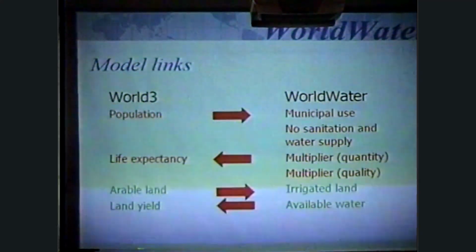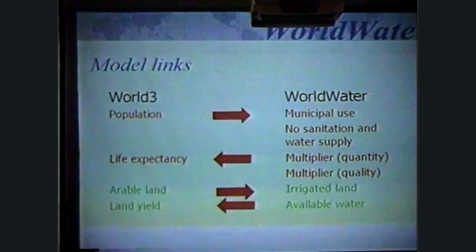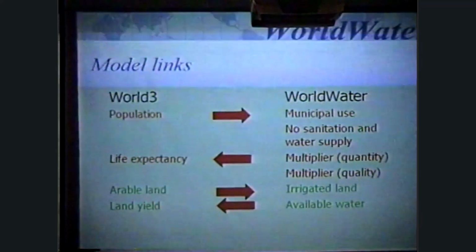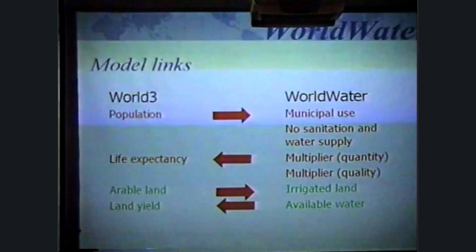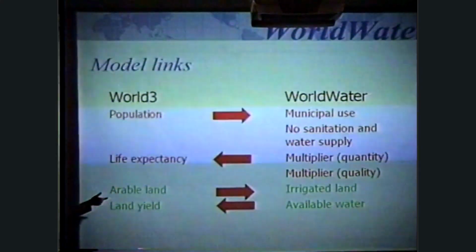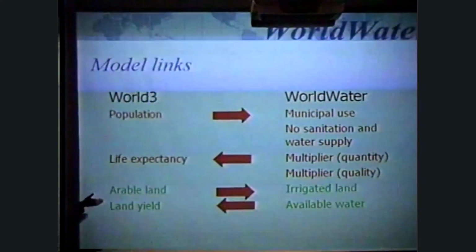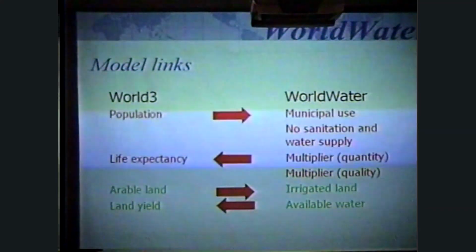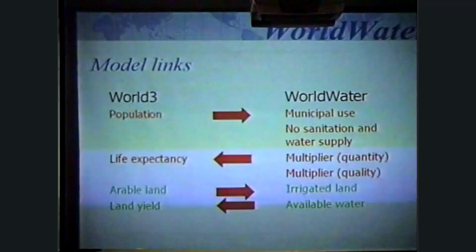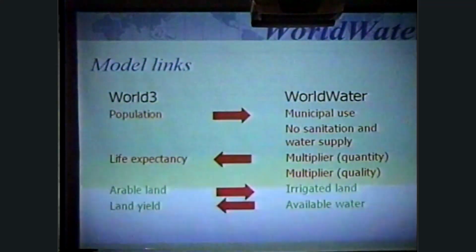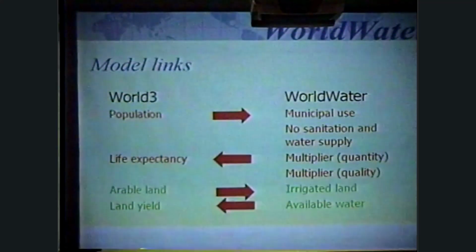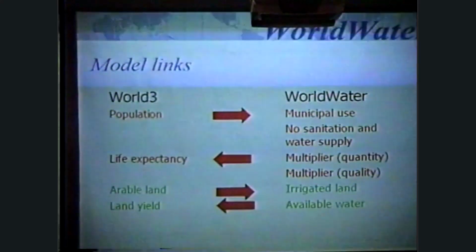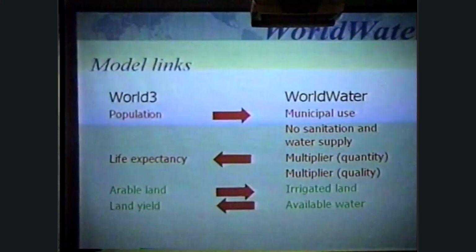The relationships, or simply links, between different sectors of the World 3 model and the modified World Water model, where the data on the population and the principles of the population growth sector were used in correctly estimating the necessary demand for the municipal use, or the impact of the level of the municipal use on the life expectancy is fed back into the population model to affect the calculation of the population growth and so on. The similar information is shared between the food sector or agriculture sector and the need for water for agriculture, as well as the industrial